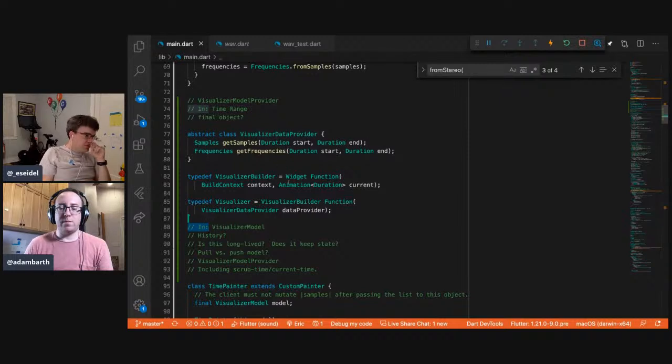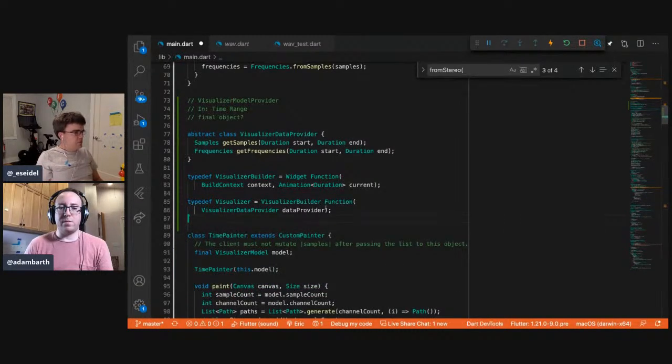Get frequencies, get samples. Yeah, great. We'll use wishful modeling. Yep, I think we can delete all this. Well, I actually don't know that you want this to be just a function, right? Because it can't keep state. Or I guess, hold on, visualizer builder returns a visualizer. And what is a visualizer? Oh, the type test, the visualizer is this.